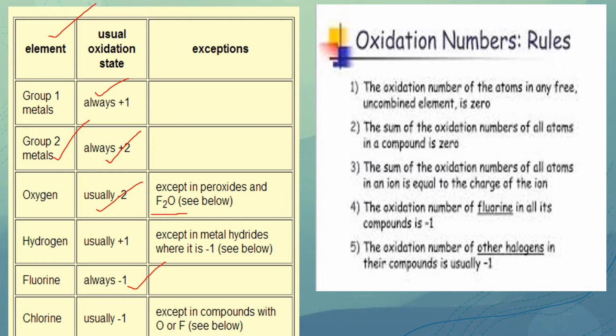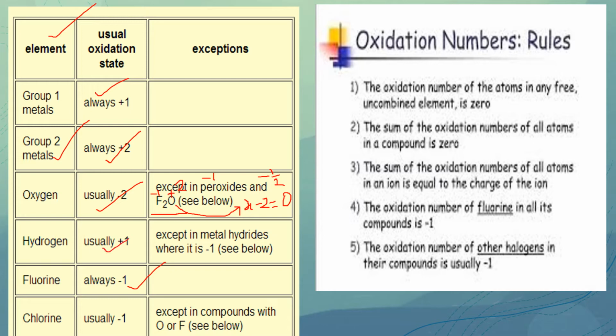In peroxides, oxygen is -1. In superoxides, oxygen is -1/2, and in its compounds with fluorine, it is always positively charged. Like here, it will be +2 because fluorine will be -1. So how will I calculate? I'll write X for oxygen. Suppose I don't know. For each fluorine -1, so total is -2 equal to 0. So it will be +2 for oxygen. Oxygen is the second most electronegative element after fluorine. So if it is getting bonded to fluorine only, then it can be positive. Otherwise, everywhere it will have a negative charge.